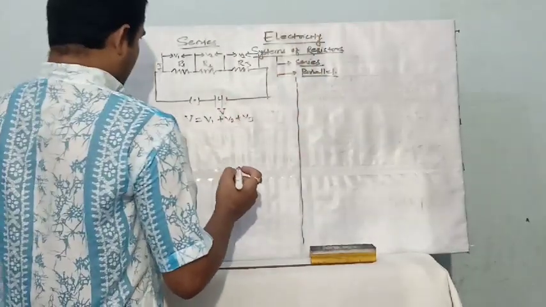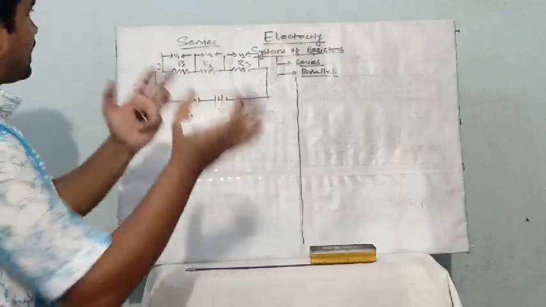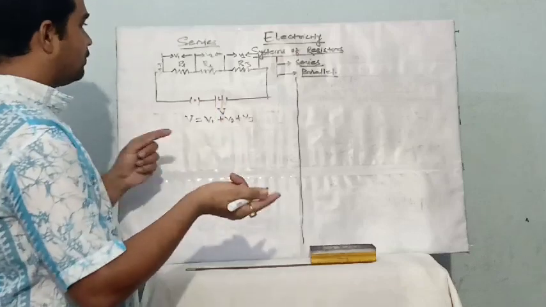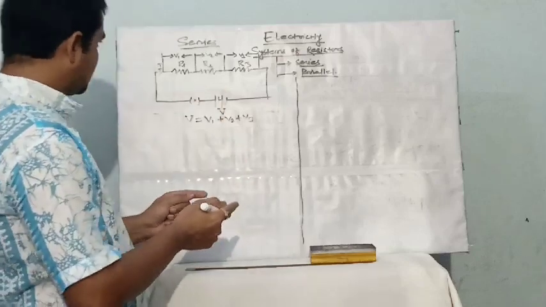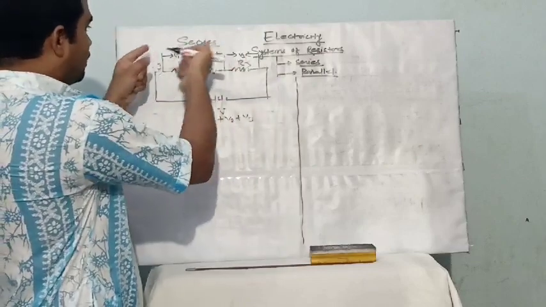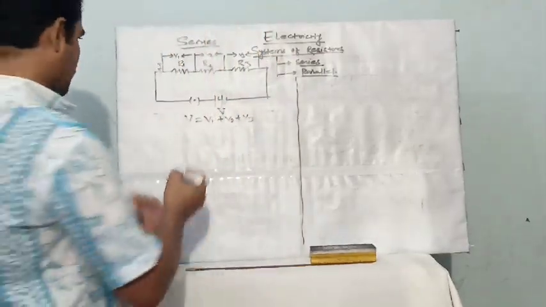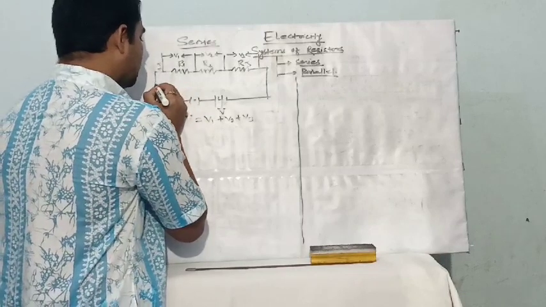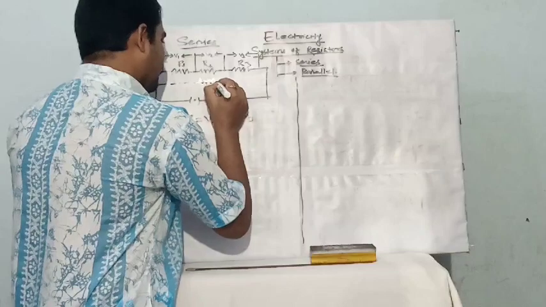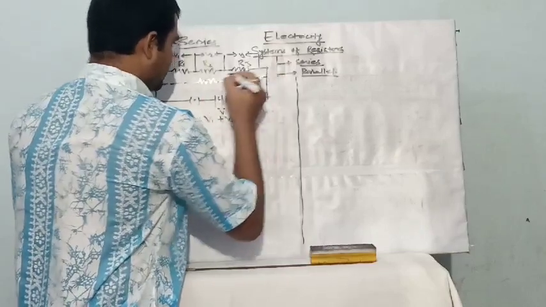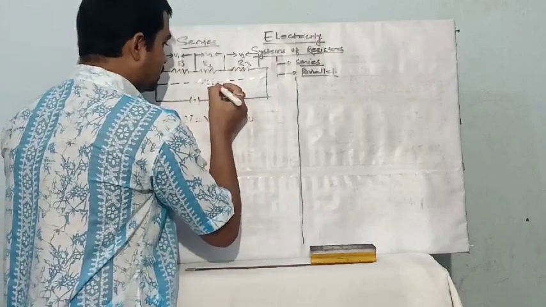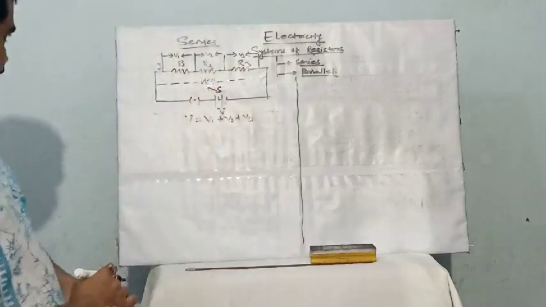Suppose that in this condition we have to find the equivalent resistance, meaning the resistor that will work in the same manner when it is attached in the circuit in place of all these. So suppose we are placing here with a dotted line the equivalent resistor. It is in series combination, so we assume it is RS.